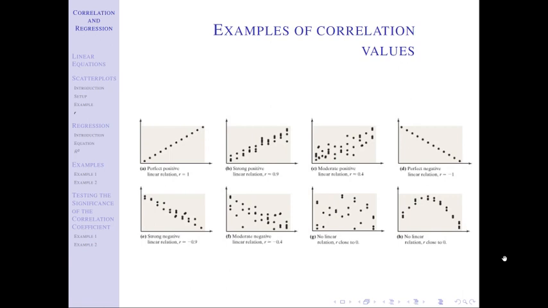It goes back to, again, there's a lot happening in this chapter with regards to know what you can say and know what you can't say. That might be your key to success in keeping all of this stuff straight. If R equals zero, there's no linear relationship. I can say that. If R is close to zero, is there no relationship? Maybe, maybe not. We don't actually know.